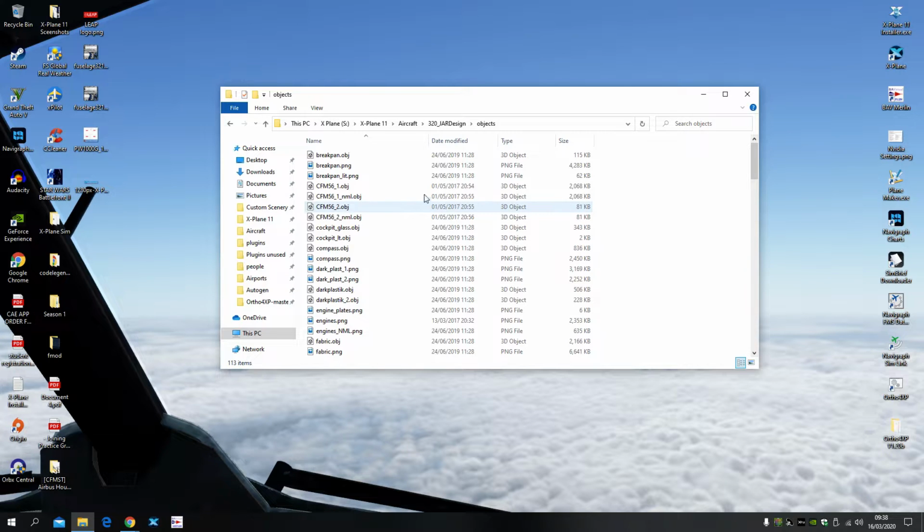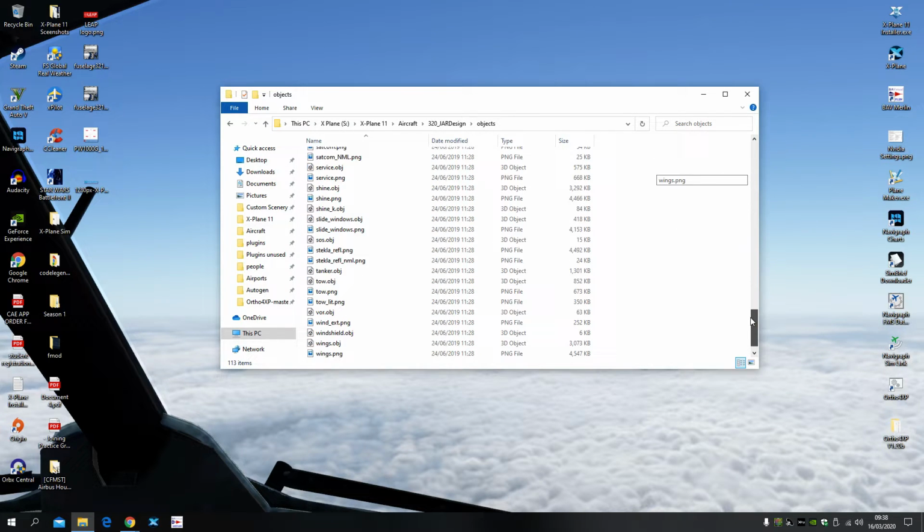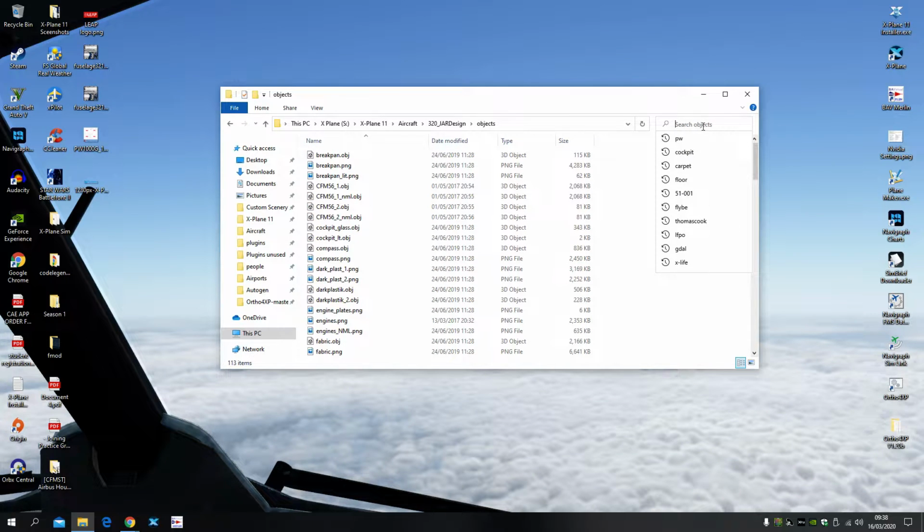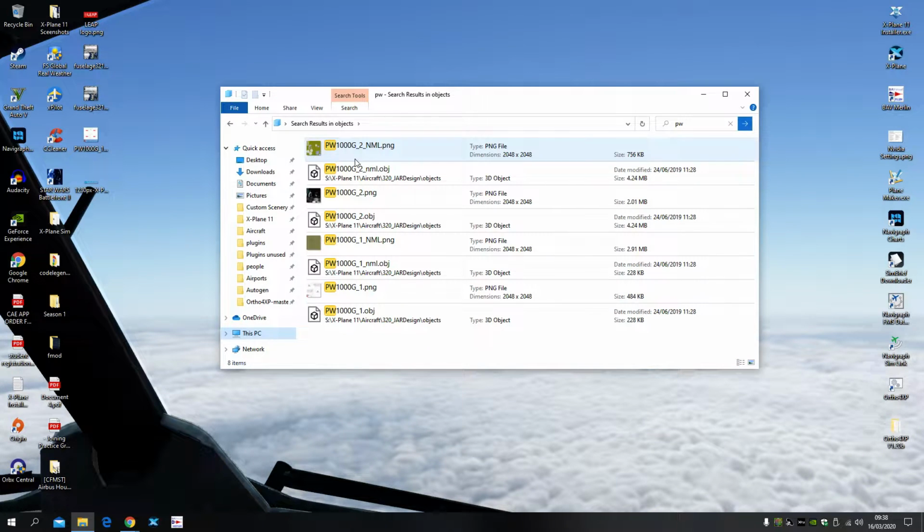We'll go into the objects folder and it brings up this whole list of objects. What you want to do is find the Pratt & Whitney engines. To do so, I simply go to the search box, type PW, press enter, and it brings up these 8 items. I want to select all of them and copy them